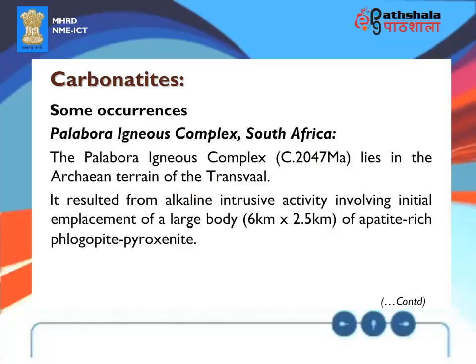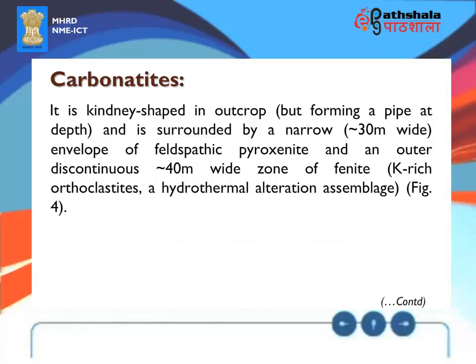Some occurrences. Palabora Igneous Complex, South Africa. The Palabora Igneous Complex, about 2047 million years old, lies in the Archean terrain of the Transvaal. It resulted from alkaline intrusive activity involving initial emplacement of a large body, 6 km by 2.5 km, of apatite-rich phlogopite pyroxenite. It is kidney-shaped in outcrop but forms a pipe at depth, and is surrounded by a narrow,